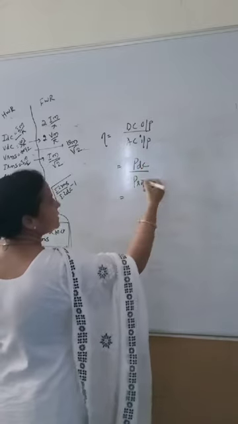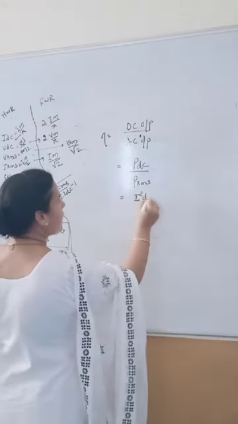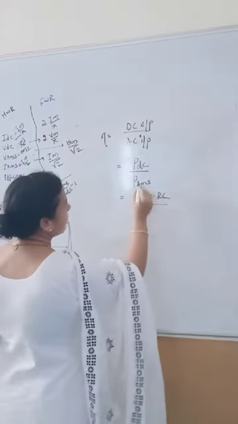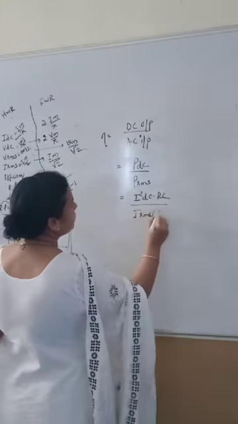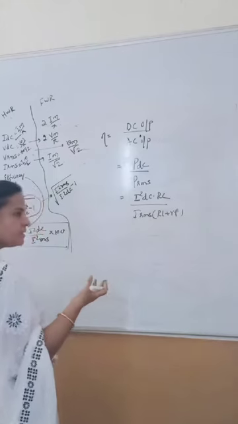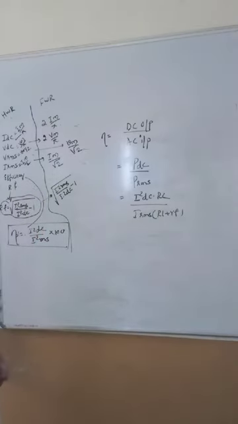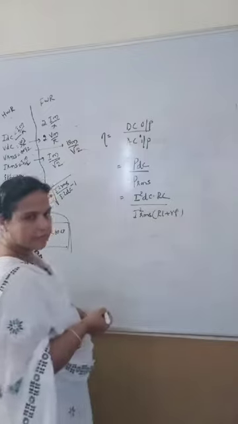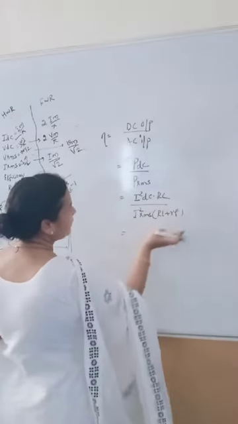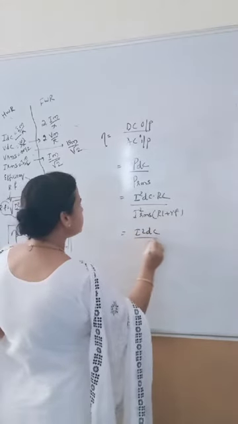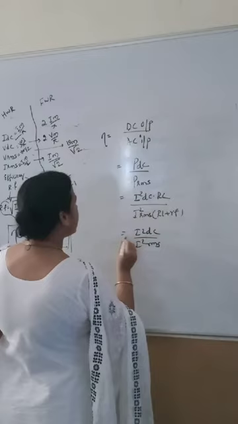Then PDC, P is equal to I square R. Which I? IDC, divided by I RMS into RL plus RF. Here at the output side, we will consider only the load resistance. But when you come for the input side, you need to consider the internal resistance of the diode. So this is I square RMS into RL plus RF. So this RL you are taking down, it becomes 1 plus RF by RL. This is left with I square DC divided by I square RMS.